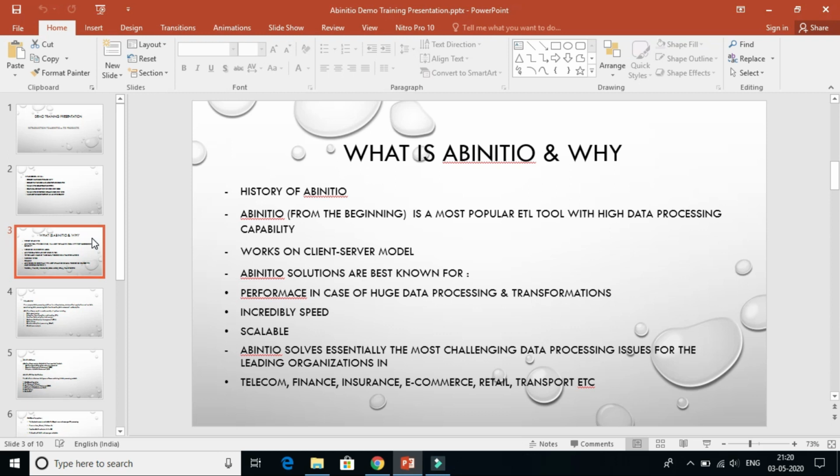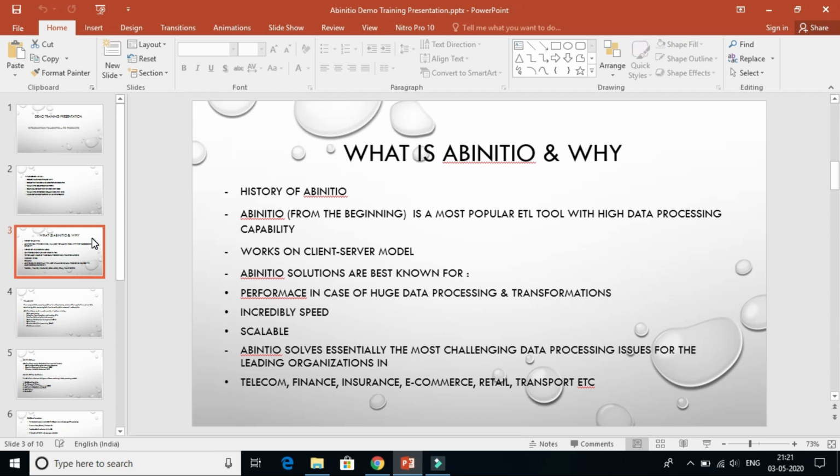Ab Initio is basically an ETL tool for data warehouses. ETL is nothing but extract, transform and load. So we will be extracting the data from various data warehouses, data sources or data marts, and we will transform the data according to the business logic and business requirements, and we will load the data into tables, load-ready files, or into data servers and business servers.